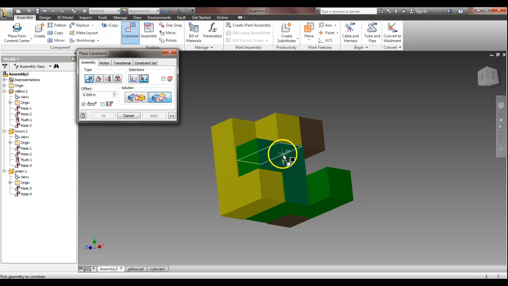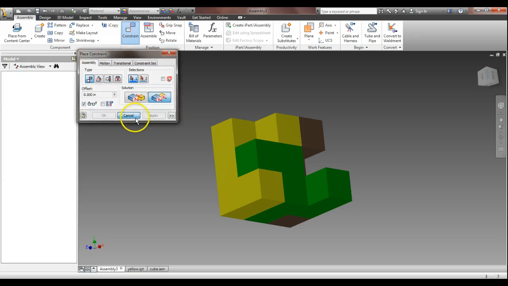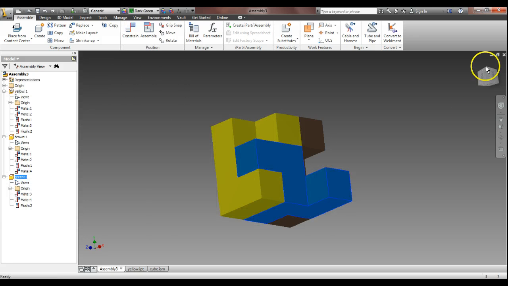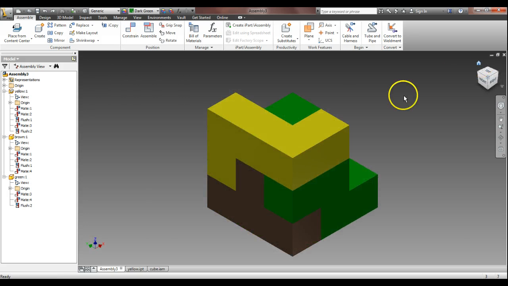So I want to make this flush with this. And then click OK. Now what I did was I just eliminated all 6 degrees of freedom. Remember this from the PowerPoint. So then you continue to bring in all 5 pieces until you have the entire puzzle cube